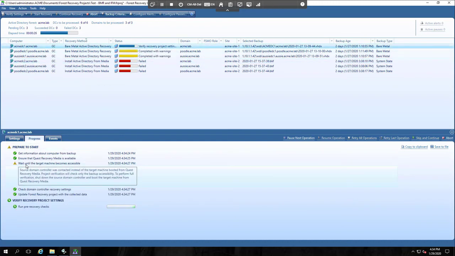These guys are going to get a warning message, so you can see they turned yellow, and that's because these are actually domain controllers that are still running as well, and I'm not really ready to do a recovery. They noticed that they connected to the Forest Recovery Agent instead of the Bare Metal Recovery Agent on a Windows RE box. So this is about as far as you can get with verify settings unless your forest is actually being recovered. And that's what I had to show for today.